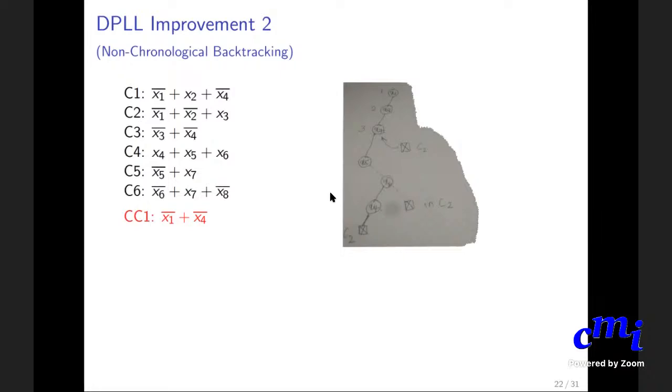Why is X7 not added to the CC1? Why would you want to? No. You don't need to add X7 here, because as a result of